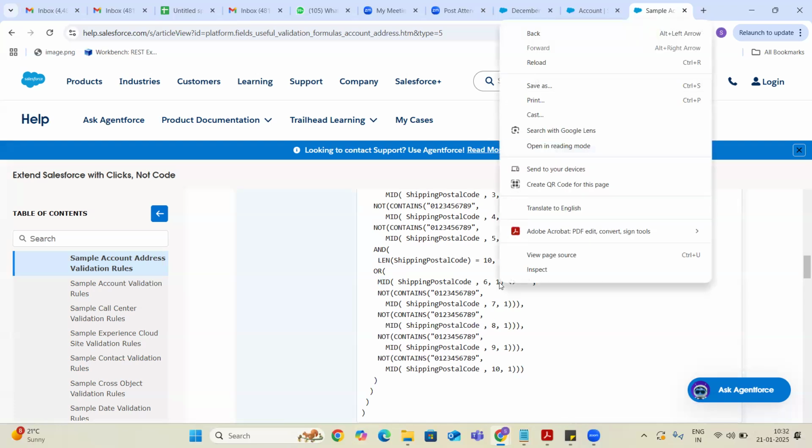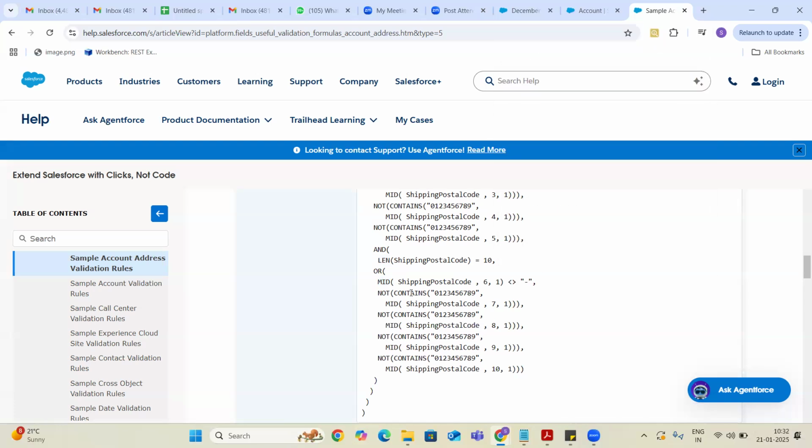And the CONTAINS function: you check whether the first string contains the value of the second string or not. So that is the MID function, LEN function, CONTAINS function. These are the three functions that we have in Salesforce.